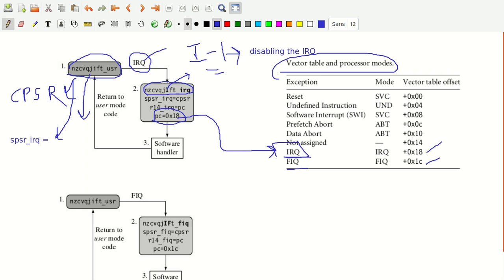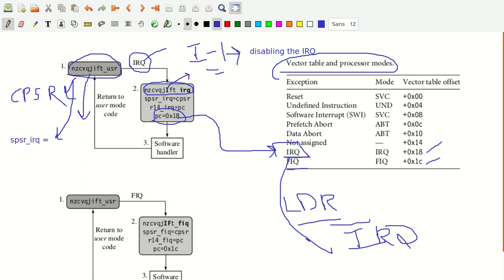It goes to this vector table, this value is loaded, and from there there will be some branching or load instruction, and it will go to the IRQ software handler, which is why it is written here as IRQ handler. When the PC is loaded, that comes in this step.